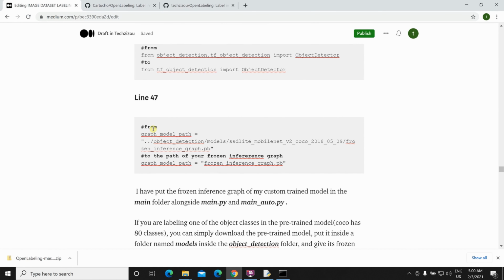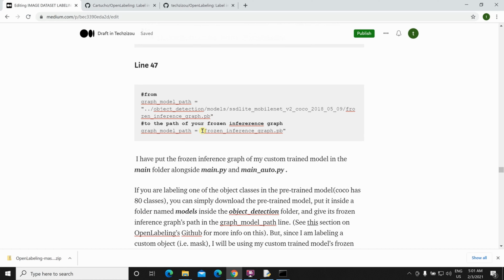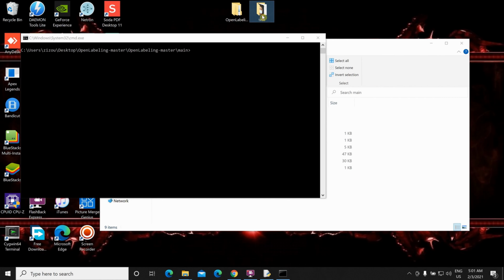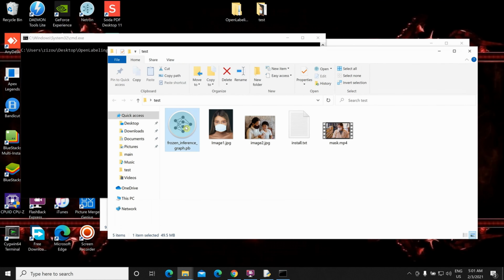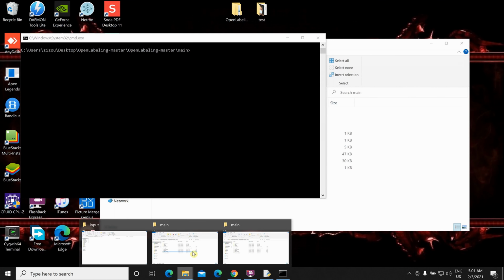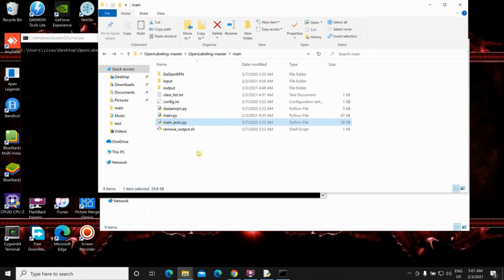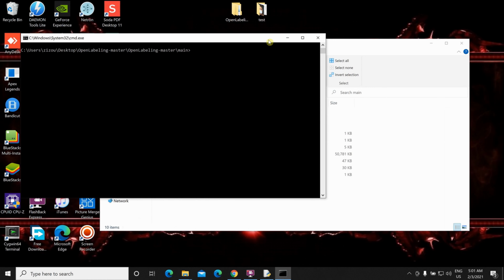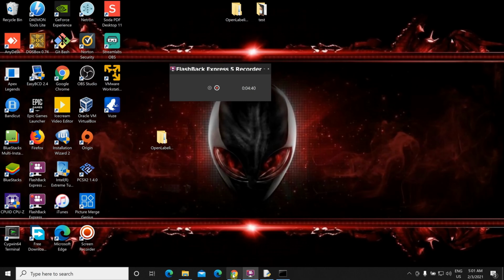line 47, change the graph path mentioned here to the path of your frozen inference graph. I'll simply put the inference graph alongside the main_auto.py script, I'll just put it over here. So to give its path, I'll just write frozen_inference_graph.pb, and that's it. And for the next change,